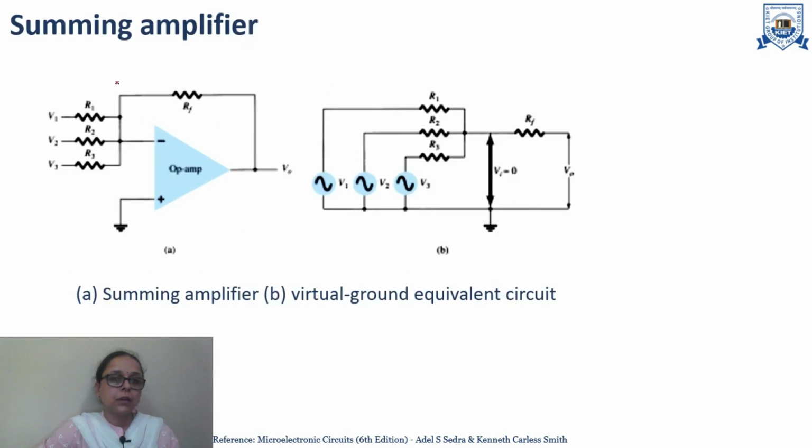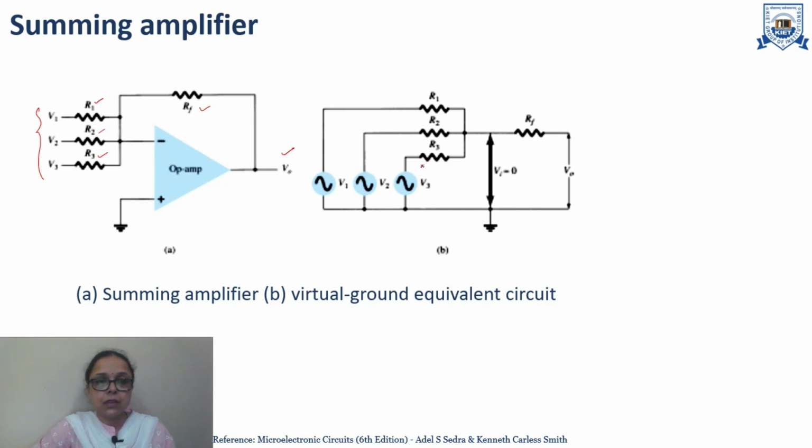That's why it is known as unity follower, meaning whatever input we have given, we will get the same output. Now another application of op-amp is the summing amplifier. If we compare this with the inverting amplifier, here the number of inputs has been increased from V1 to V1, V2, V3, meaning we have 3 inputs V1, V2, V3, and the input resistances are R1, R2, R3, and RF is the feedback resistance. So we can see that the output will be the summation of these inputs with a certain ratio of the resistances.